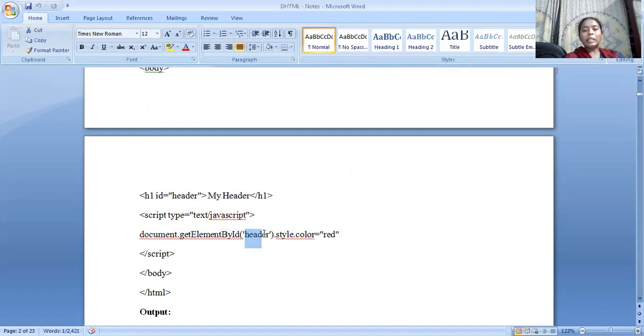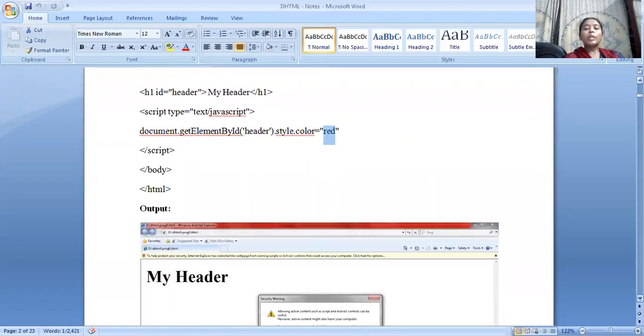The id is header and style dot color. When I execute, normally in HTML it displays in black color. By using the DHTML method or DHTML function, the header color should be turned to red. Let us see the output.